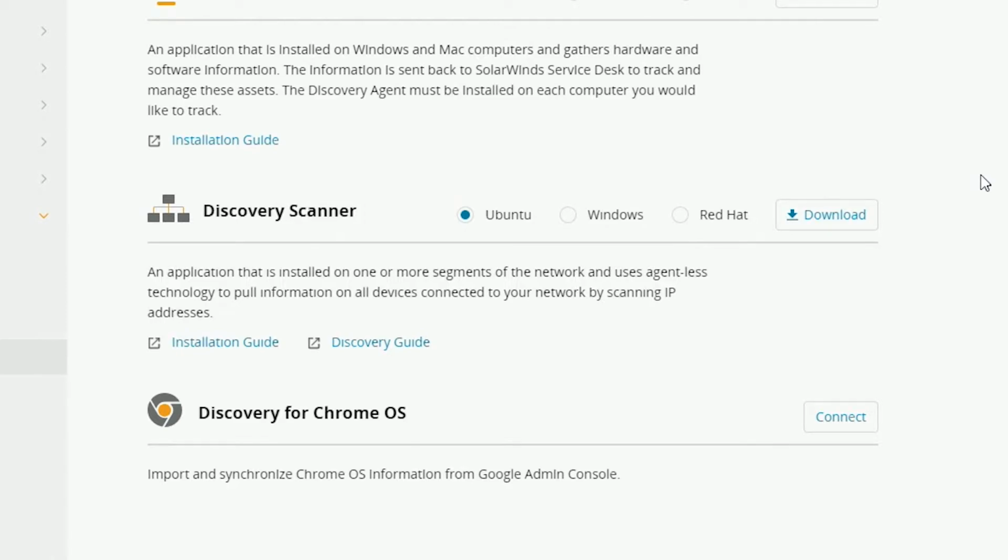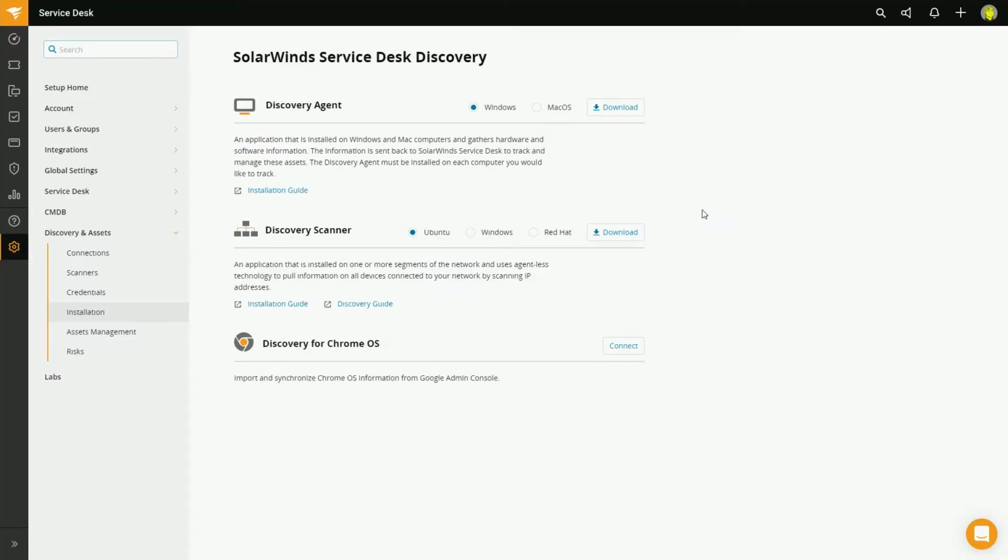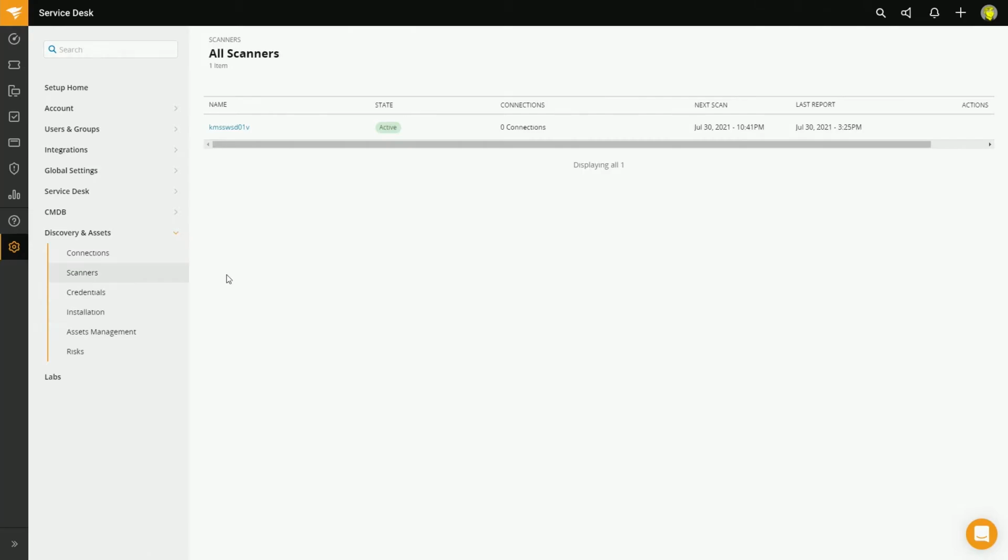And what that does is monitor certain segments of your networks based on credentials you define. They're very easy to install. You just download and run the installer. Same thing applies for the Discovery Scanner. You can hit download and run through the installer. Since the agents are installed in the operating system, they just appear in your asset history. But for the scanner, you've got to do a couple extra steps. And for the scanner, it's not really that difficult. You just go in to find credentials and then the segments you want to watch on your network, and it does the rest from there.